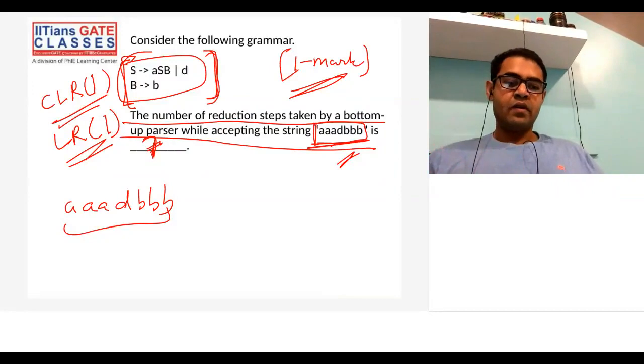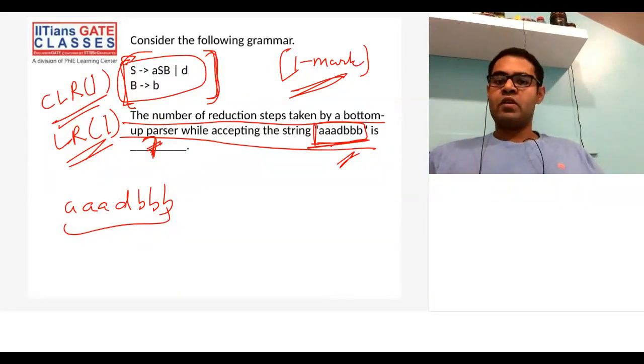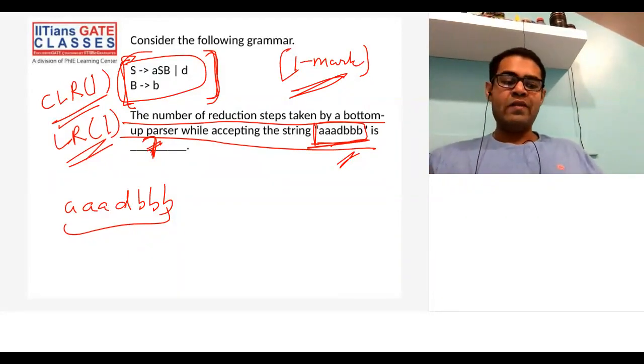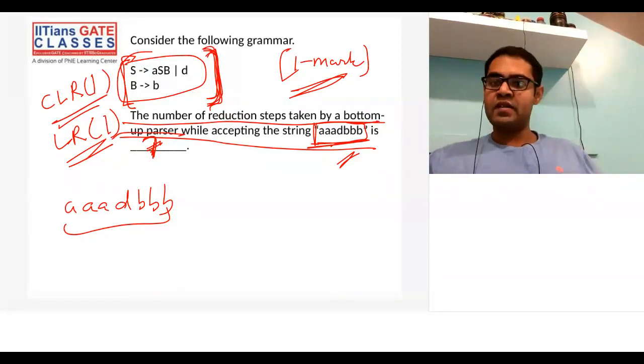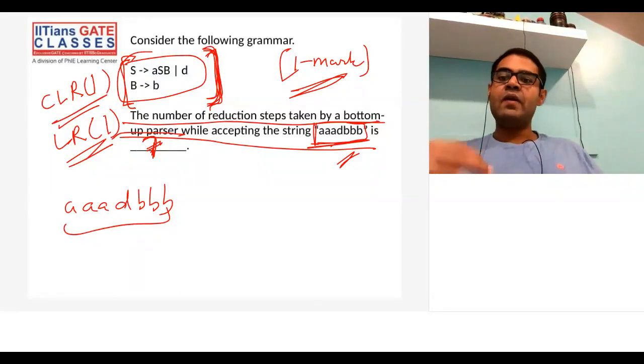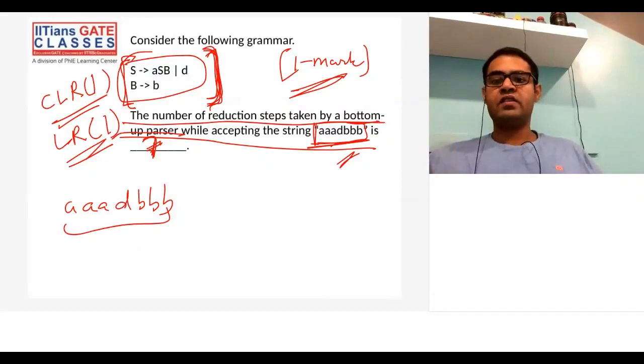Now if you remember, whether it's a top-down parser or a bottom-up parser, the grammar accepted by these parsers always has to be unambiguous, right? Now when we are saying that this language can be recognized by a bottom-up parser, that means I am saying that this language will be unambiguous. And when I say that the language is unambiguous, there will exist only a single parse tree for this language. So the better way is